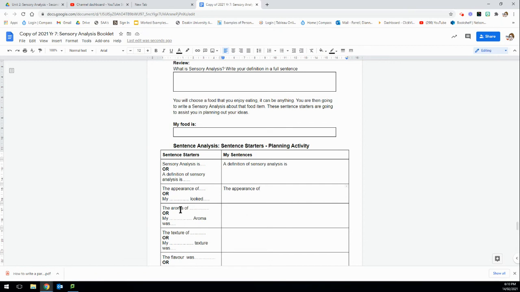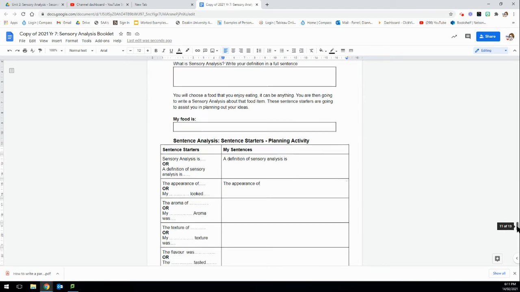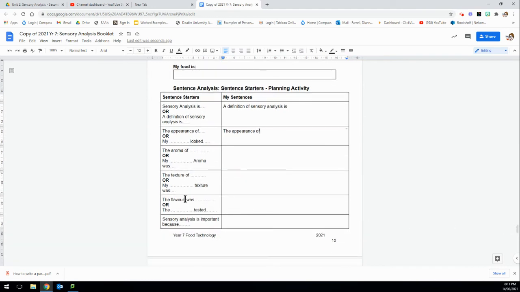Then you're going to slowly move your way down to aroma, texture, and flavour. Now, you can actually add in here taste. Remember, taste and flavour are the same, so you get to choose which one you would like to use. So you're going to move down here and continue to do all of those. And then once you have done that, let me just delete these off this copy for now. Once you have done all those, then